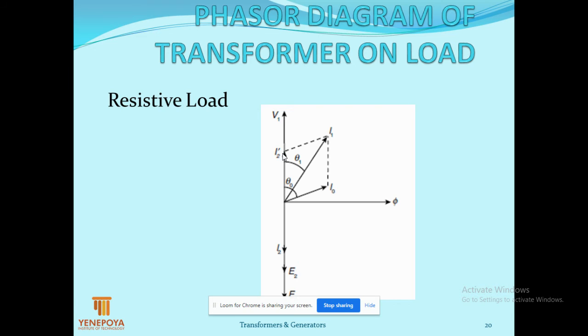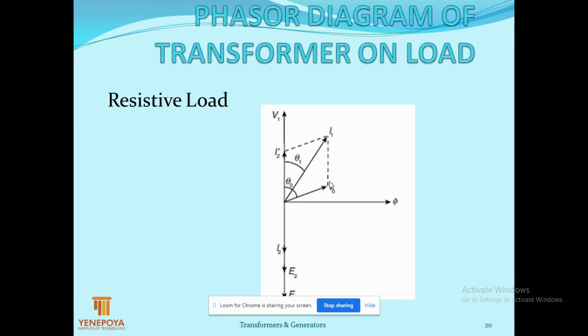We already know I2 produces pi 2, and I2 dash produces pi 2 dash. Pi 2 is equal to minus pi 2 dash, hence it is 180 degrees out of phase. Clear? I2 and I2 dash here. Now mark I2 dash, which is in 180 degree opposition to I2. Now from this I2 dash, draw a parallel line to I2.